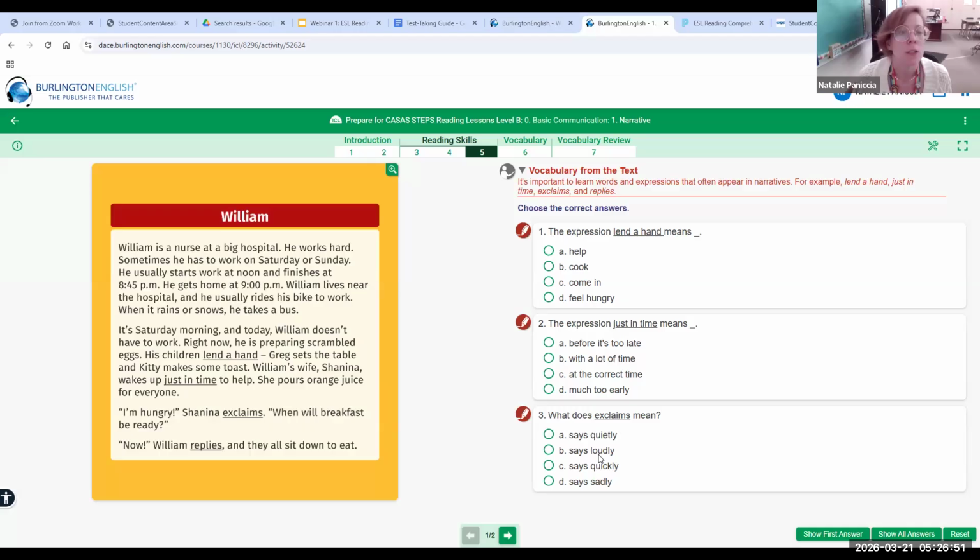You said all the right things, but maybe just slow down a little. And maybe another thing that might help your students: when you eliminated cook and come in, which was correct, maybe you could point back to the part that you read, Greg sets the table and Kitty makes some toast, just to identify why you think it's incorrect. Not that it's a necessary step, but it might help your students to understand why you're eliminating the answers. Because they didn't hear my thought process for the elimination. Yeah, but other than that, I think you did a fantastic job. Great. Okay, thank you.